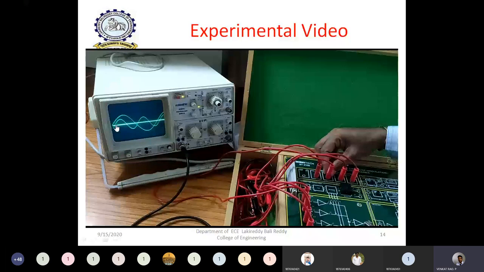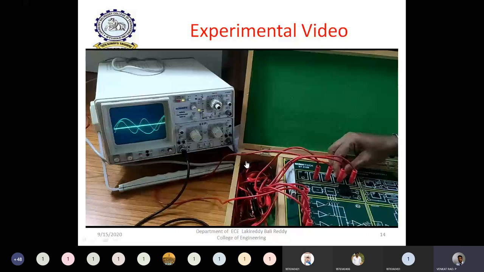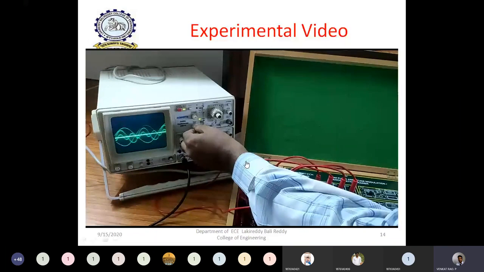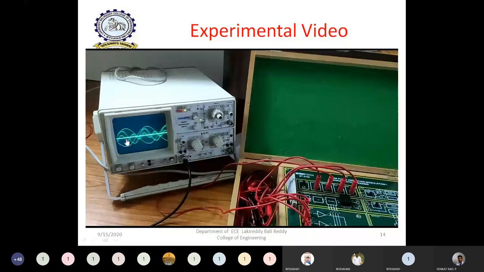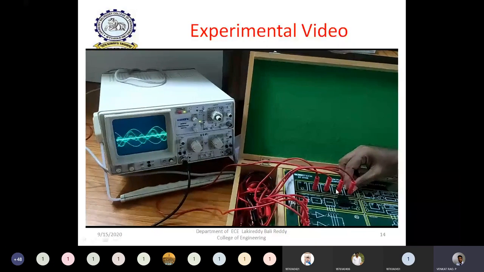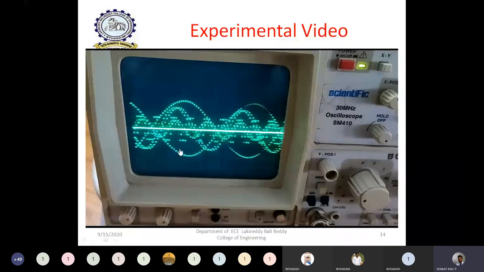Then I am going to increase the amplitude of the third signal so that 3 signals are multiplexed at this point. Let us see. I am increasing the third one's amplitude. So now you can see the third signal is going to be multiplexed. Okay, 1, 2, 3. Now, if I increase the fourth signal, and if you change the fourth signal amplitude, then you can clearly observe how all the 4 signals are multiplexed. Okay, so all the 4 signals are multiplexed.